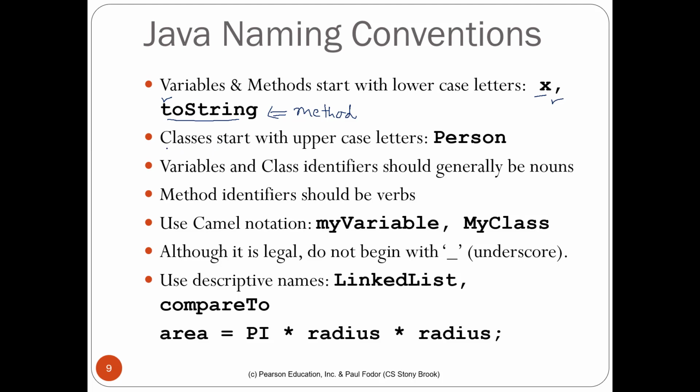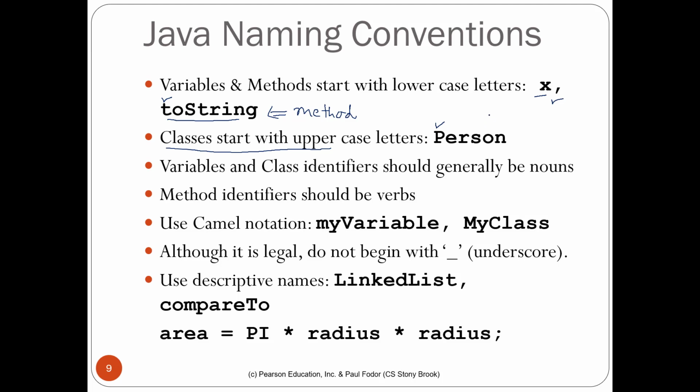Classes start with the uppercase letter. So if you follow these conventions, then if an identifier is given to you, you can guess that if someone is writing Person with P as a capital, then it is most probably a class name. So classes should always be named in such a way that the first letter is